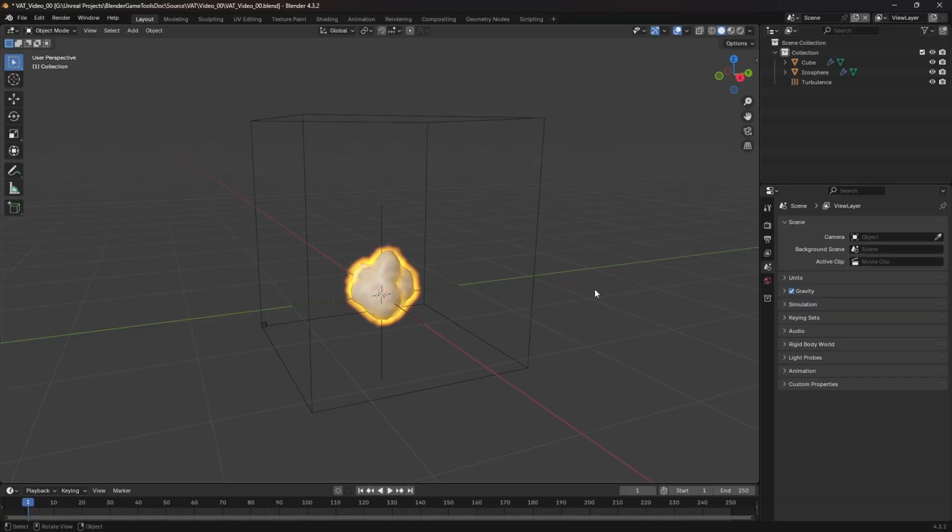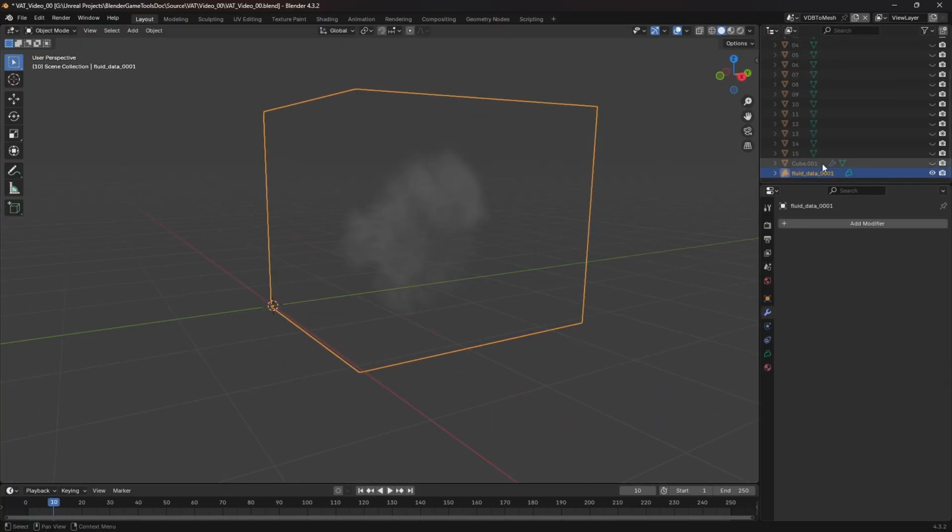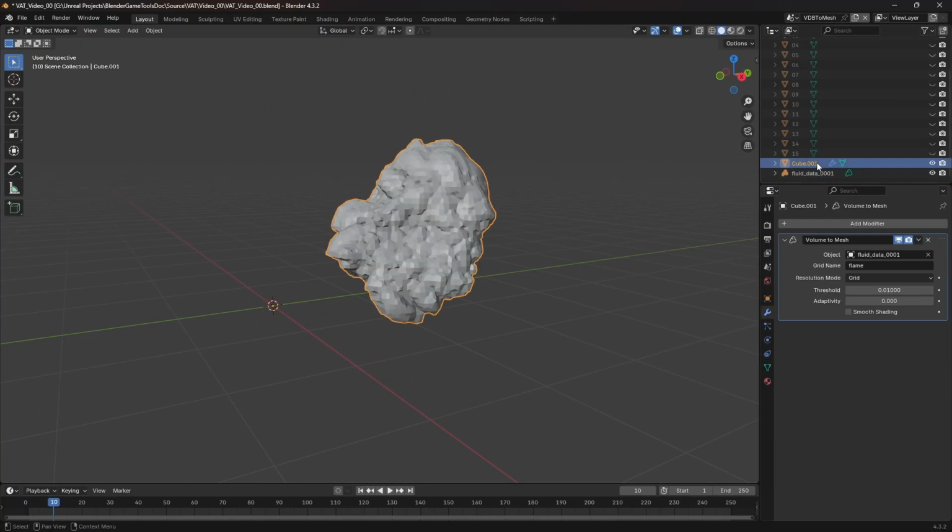Hey, in this video I'll show you how to bake a mesh sequence into vertex animation textures. This technique is especially useful for VFX and tech art. For example, you might run a smoke simulation, convert the voxel simulation into a mesh, then take the final mesh